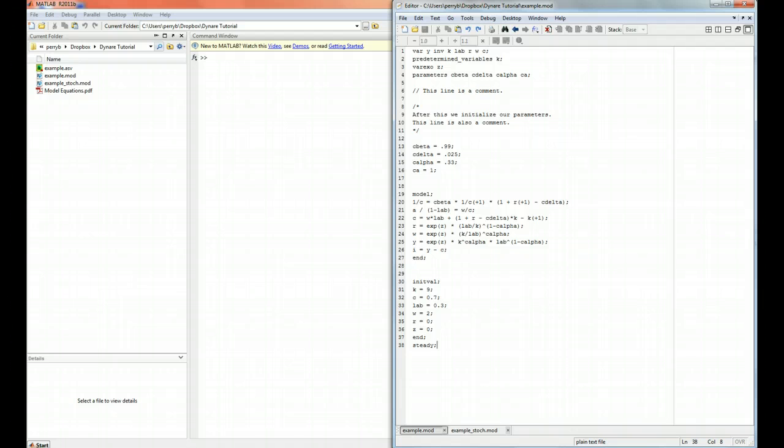It begins with the preamble, where we specify our variables, predetermined variables, exogenous variables, and parameters, as well as initializing our parameters. Then we have our model block, where we put down all of the equations of our model, and then our initial values and steady state block, where we specify initial values and tell Dynare to find a steady state